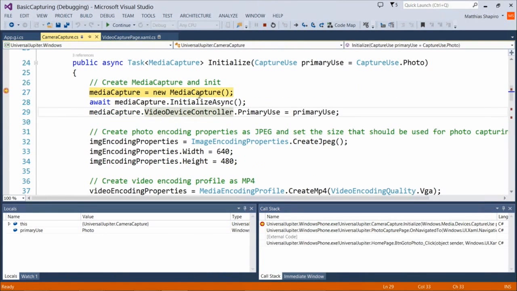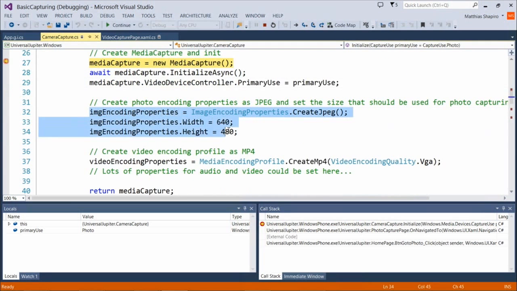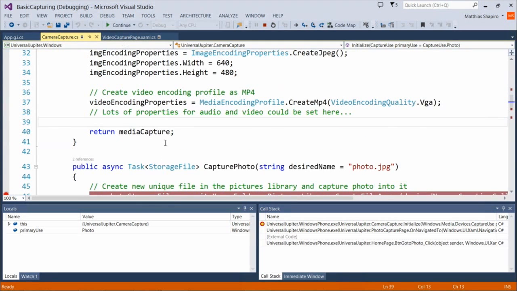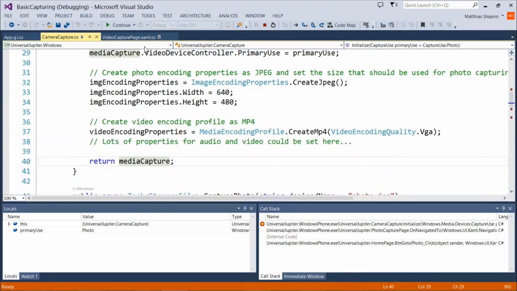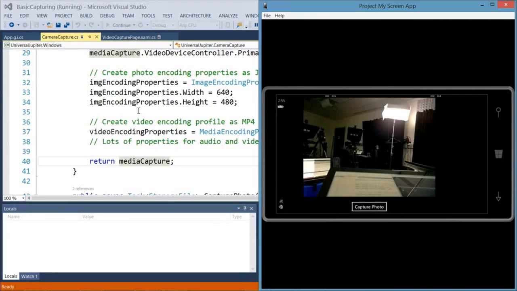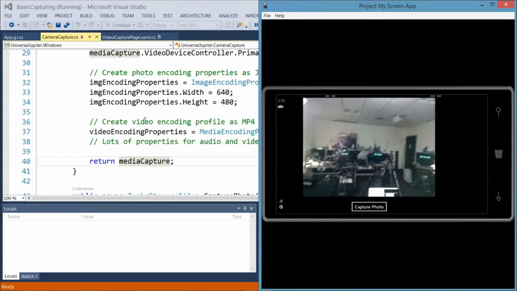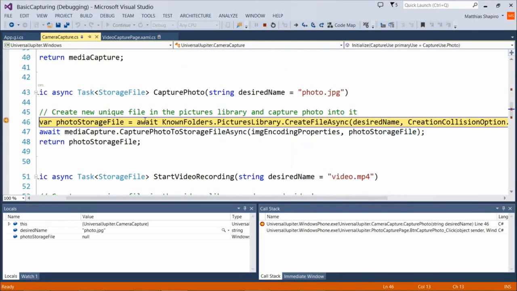So we're initializing, like we said, we're creating our media capture object. We initialize it. We set our primary use to be photo instead of video. Then we set our image encoding properties, and we launch our media capture. We press continue, and this is a backstage look. Our fantastic team here. And when I hit capture photo,